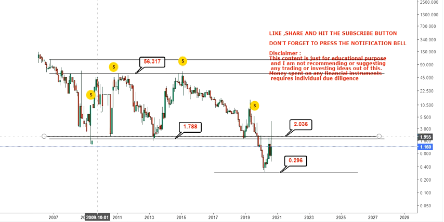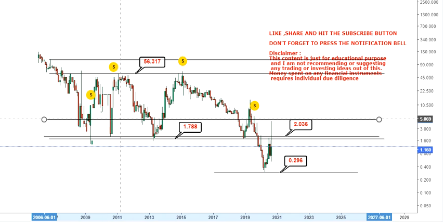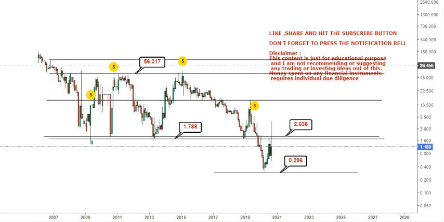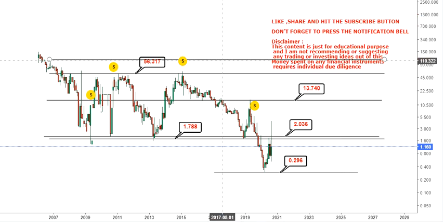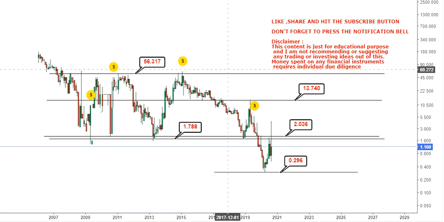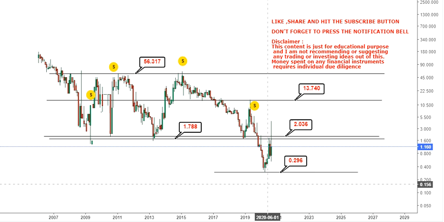Now once the stock moves above 2.1 and settles above that, so the old range gets activated, then you have your target. If it settles above 2.03 or 2.1, then we have a big target of 13.7 on the upside and 56.37 afterwards, which will be your upcoming target or resistance. Let me just remove this line, this is not required for the time being. So this is your entire range.